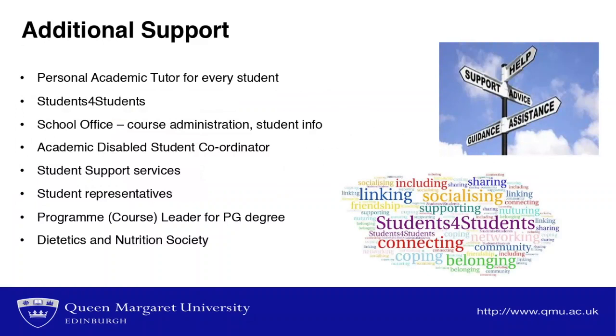And just finally, these are some of the other things that you might also expect from your time at Queen Margaret. So some of the additional support that we provide over and above the things that I have discussed up till now. So personal academic tutors, we assign a personal academic tutor for every student entering into study at Queen Margaret, and this is effectively your mentor, somebody that you would go to with regards to all aspects of your